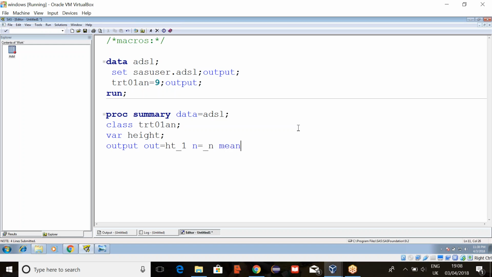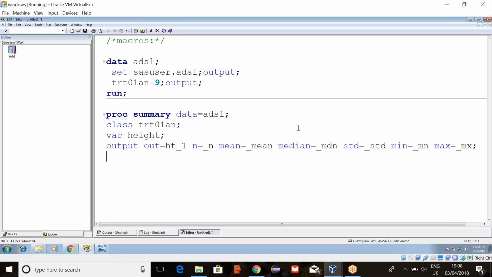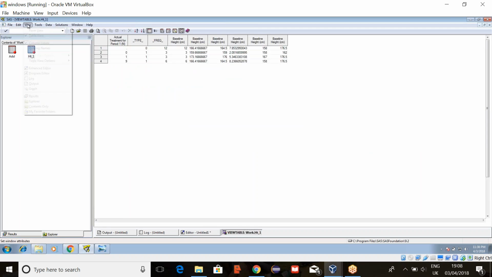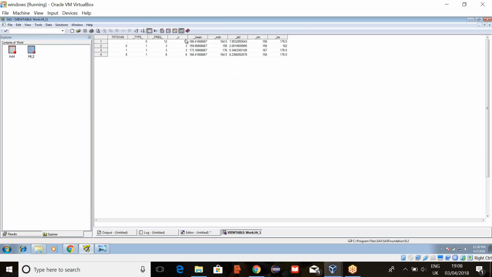N, mean, standard deviation, median, minimum, and then maximum. These are the statistics we want. So now here we got height 1, and in this we got all the statistics.